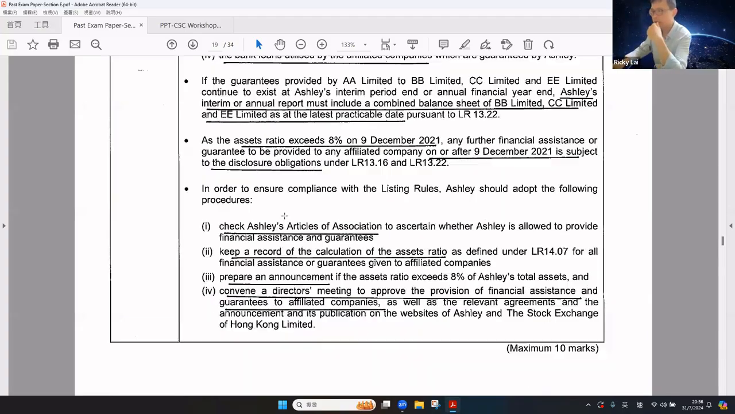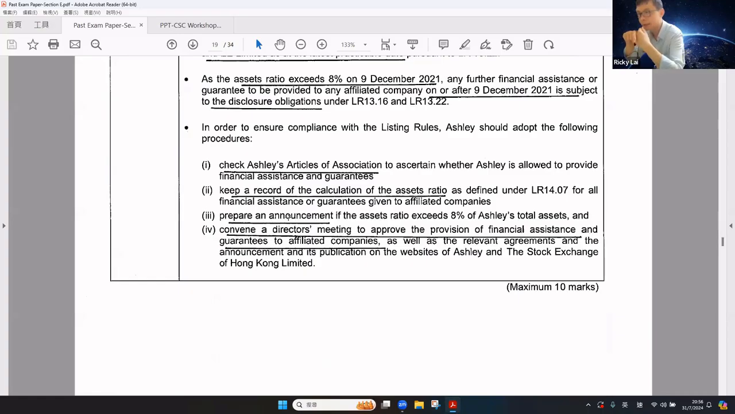In order to ensure compliance with the listing rule, there are some recommended actions. Okay, first of all, check the articles of association to ascertain whether the listed company is allowed to provide financial assistance and guarantee. Second, keep a record of the size test calculation, in particular the assets ratio calculation, for all the financial assistance or guarantee given to the affiliate company. With the assets ratio at 8% or more, then prepare the announcement, which is based on the total asset ratio. And before granting the loan,